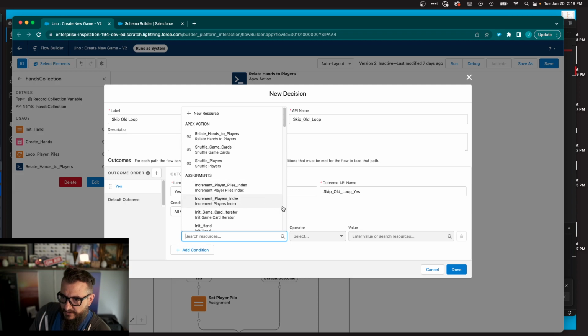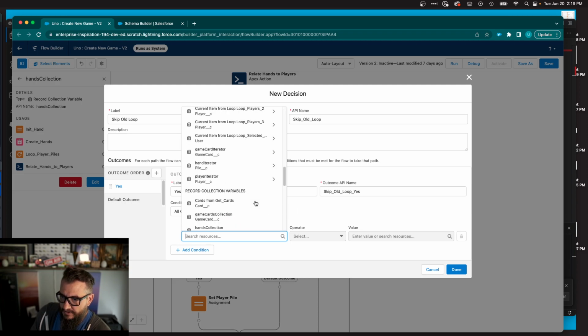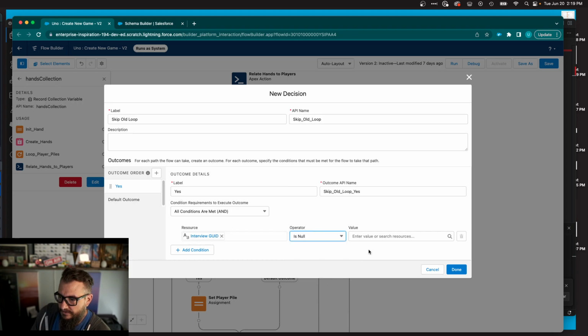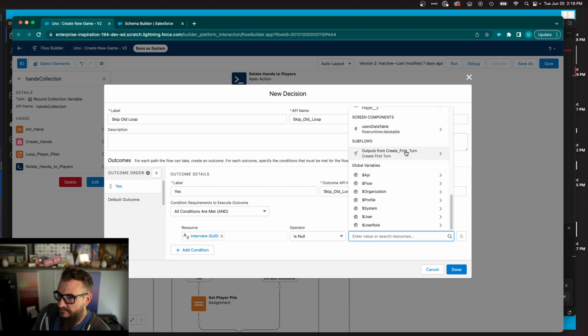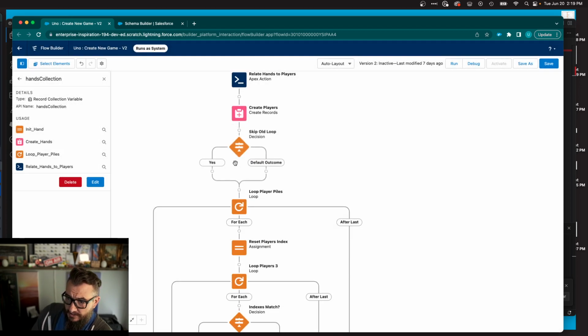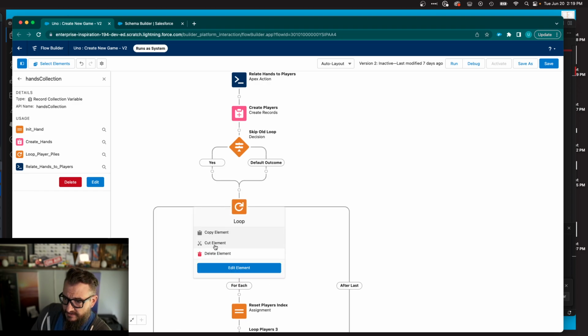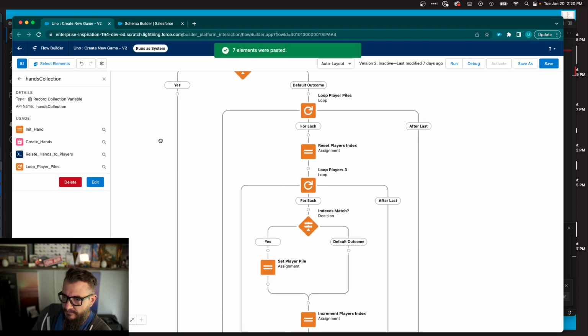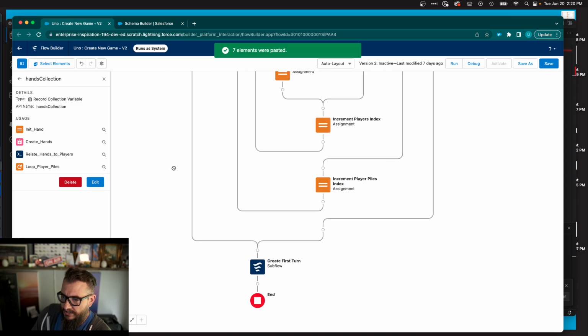So let's just say, what's an obvious thing that we can check? The current interview GUID is not null. Where is true or false? There we go. Interview GUID is not null. And then let's take this, we're going to cut all of it and put it here. Yep, there we go. Okay, so we're going to just bypass our old loop and go straight down to our